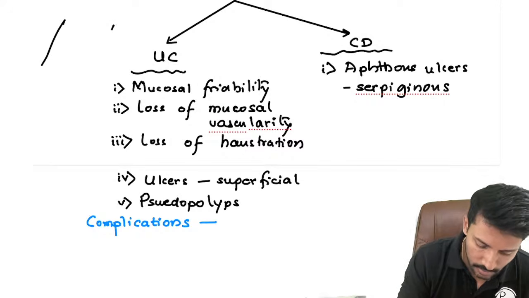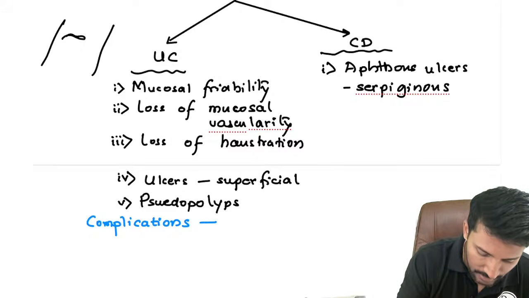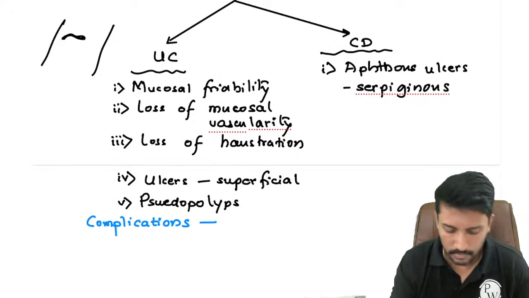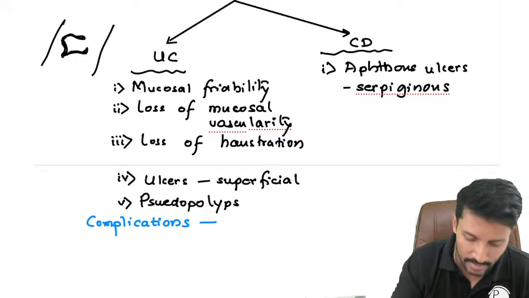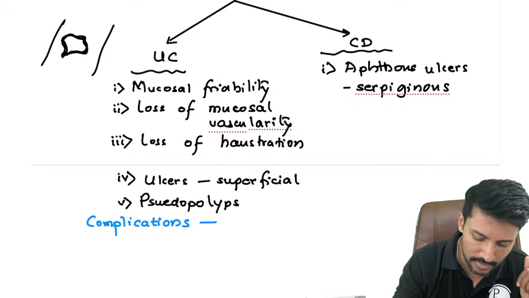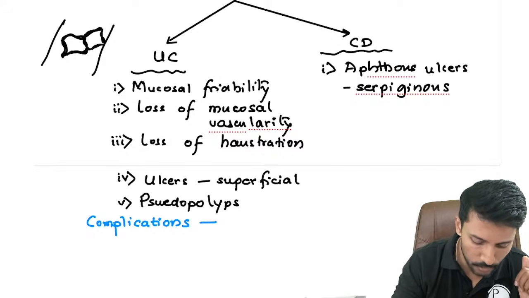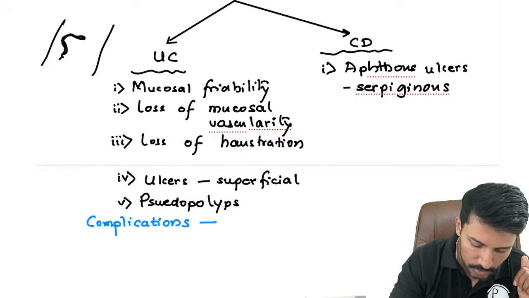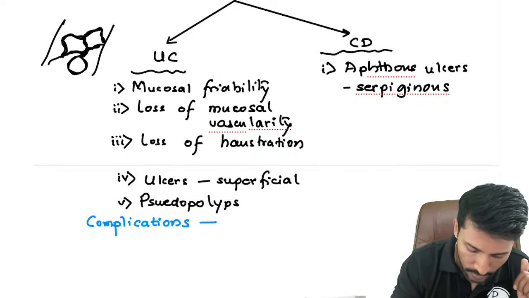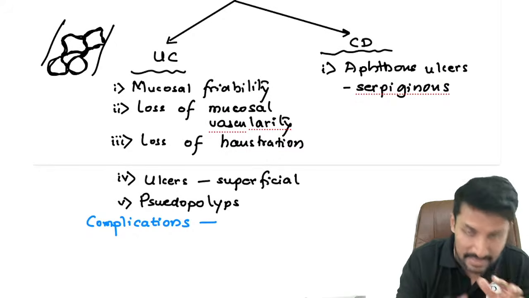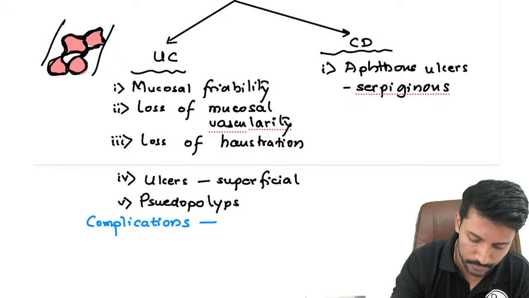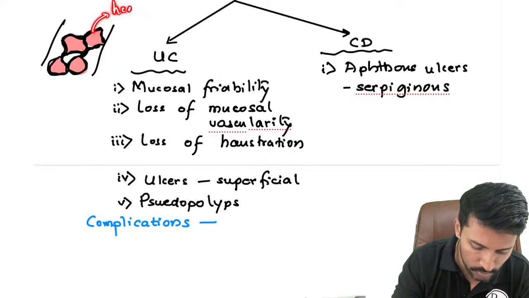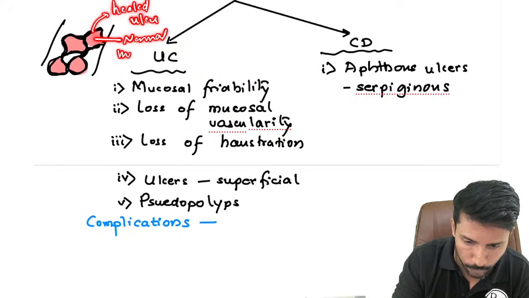Think of it like this: this is a colon I'm looking at, and there is a snake-like deep ulcer which will eventually heal with fibrosis. There will be another snake-like deep ulcer which will heal with fibrosis, and another, and another. So eventually you have a lot of streaks of fibrosis, and nestled between these fibrosed healed ulcers, we have normal mucosa.